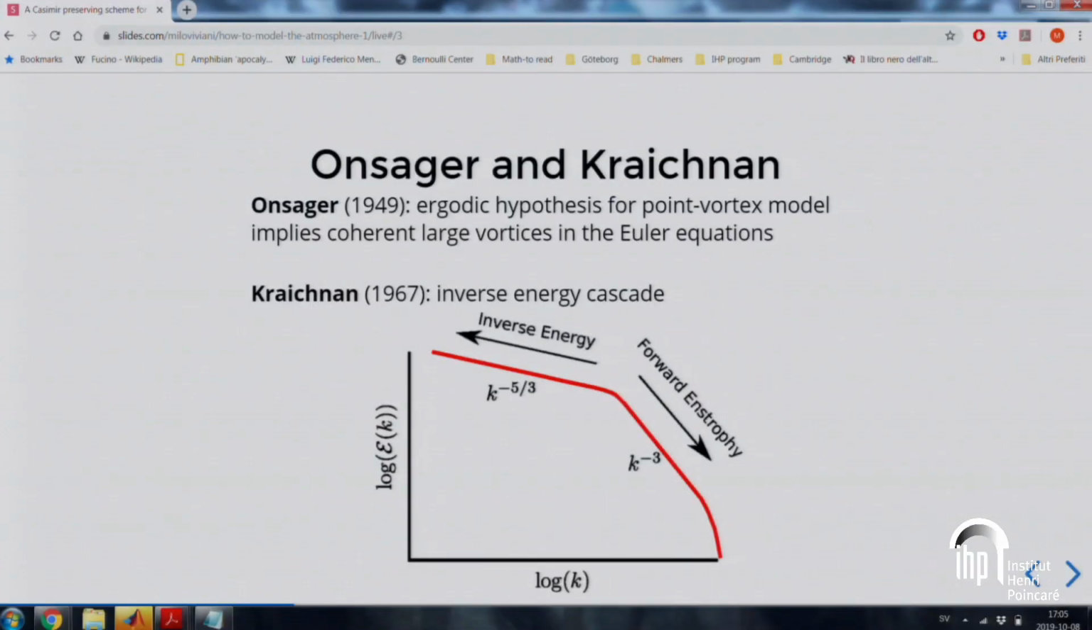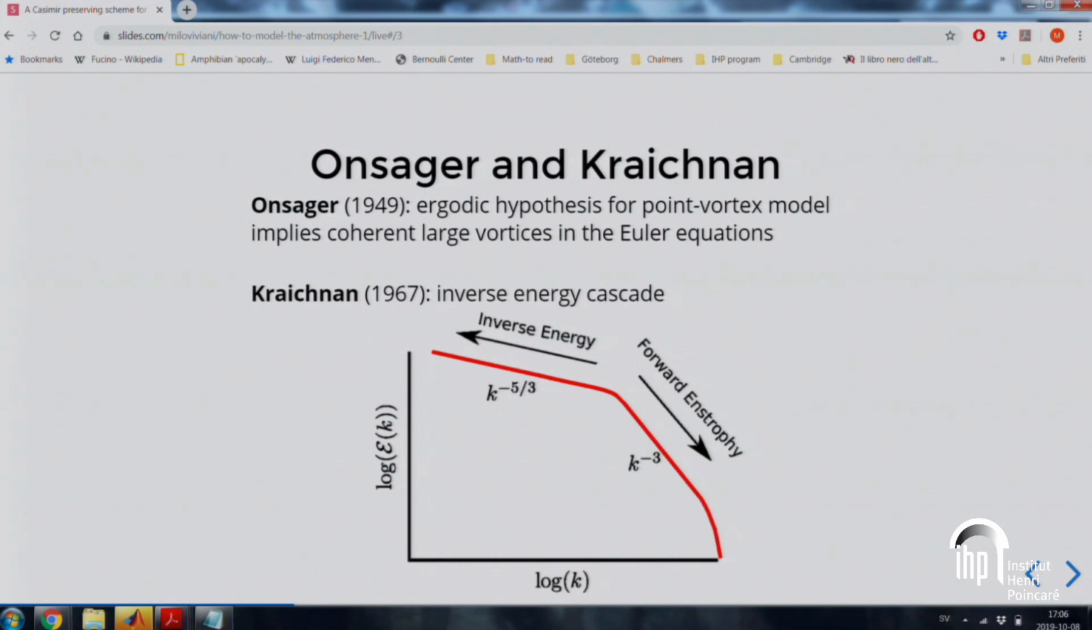And then in 1977, a major discovery of Kraichnan and other authors that I don't mention here was that for 2D turbulence, we have this phenomenon which is called inverse energy cascade. So the inverse energy cascade has been also known for 3D turbulence from 1941 by Kolmogorov. And Kraichnan showed that in 2D we have the same phenomenon. And we have that the energy spectrum